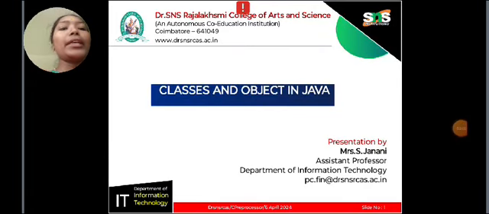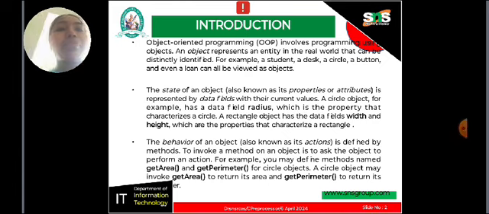So we are going to see about classes and objects in Java. First, the introduction. Object-oriented programming, that is OOP, involves programming using objects. An object represents an entity in the real world that can be